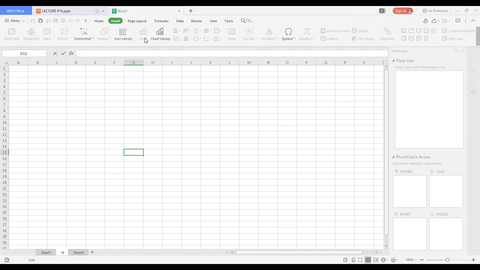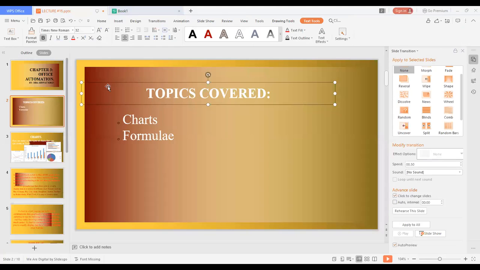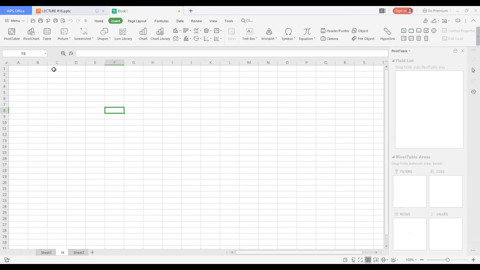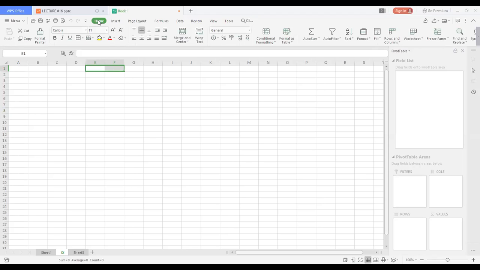You can insert the graphs here, you can insert different types of graphs, pictures, symbols here. There are shapes, screenshots, pictures, tables, and different types of charts given here. So this was a quick review, and you can merge and center the rows or columns. If I select these two cells, I'll go to the home menu, merge and center, make it one. For headings we usually use this. For borders we can use this. For the enhancement of the font size and the pattern of the font, we use this.